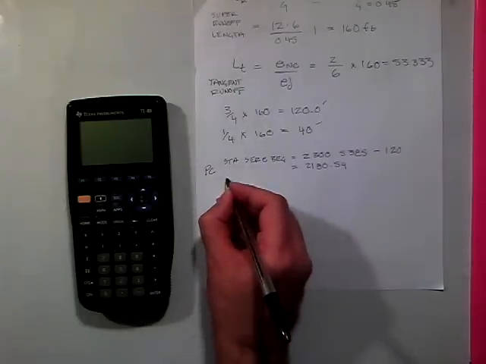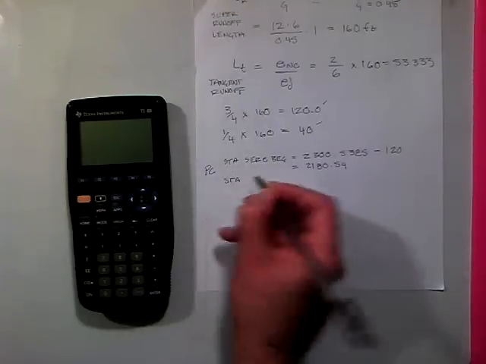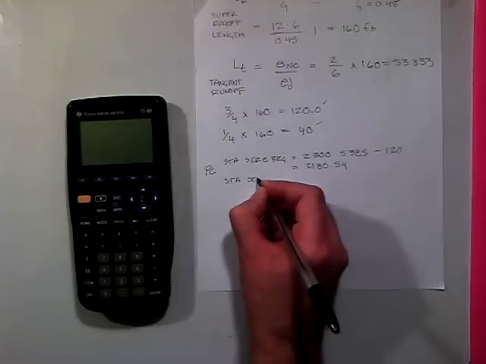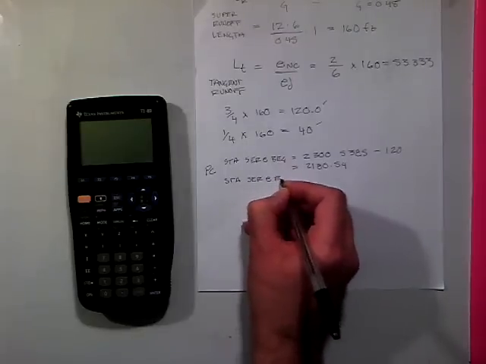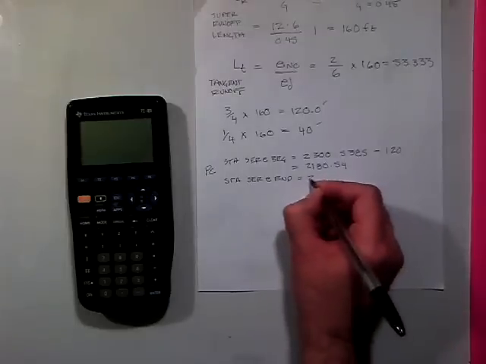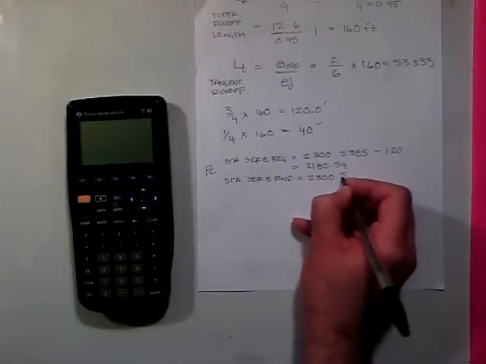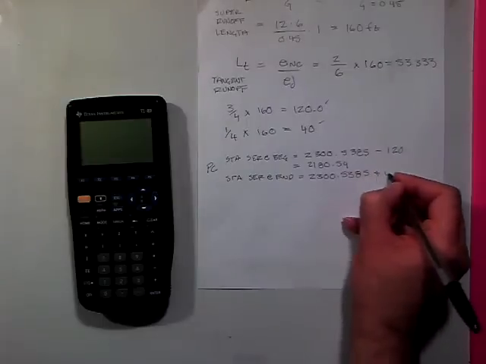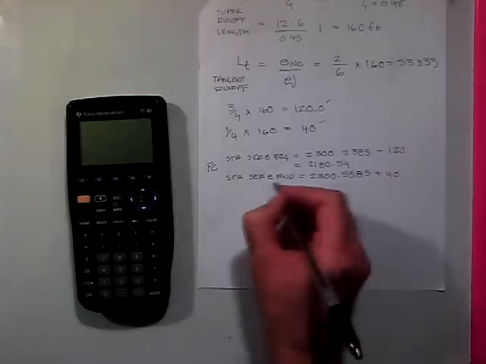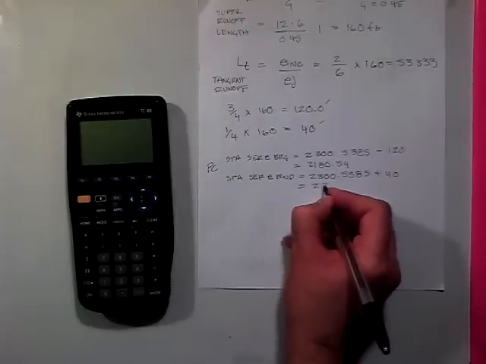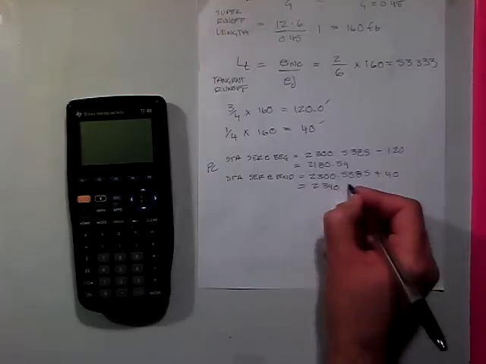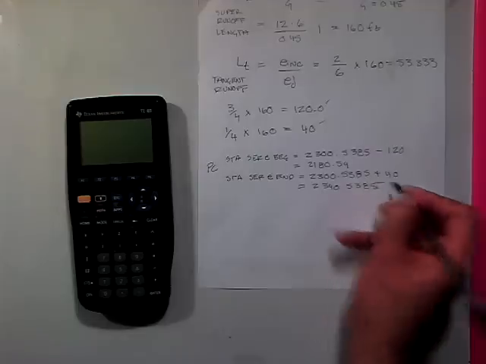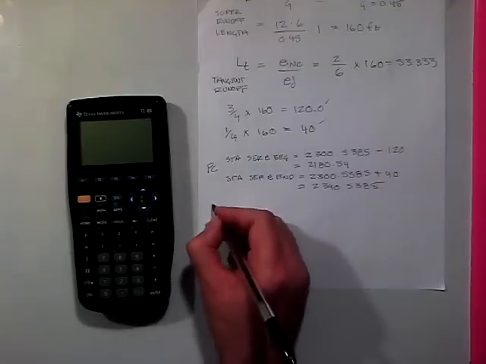Station SER at end, 2300.5385 plus 40. That equals 2340.5385. And then our PT, which is the end of the curve,